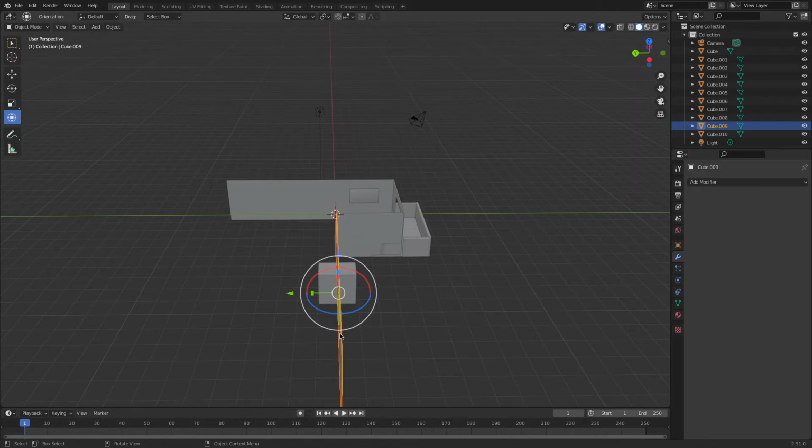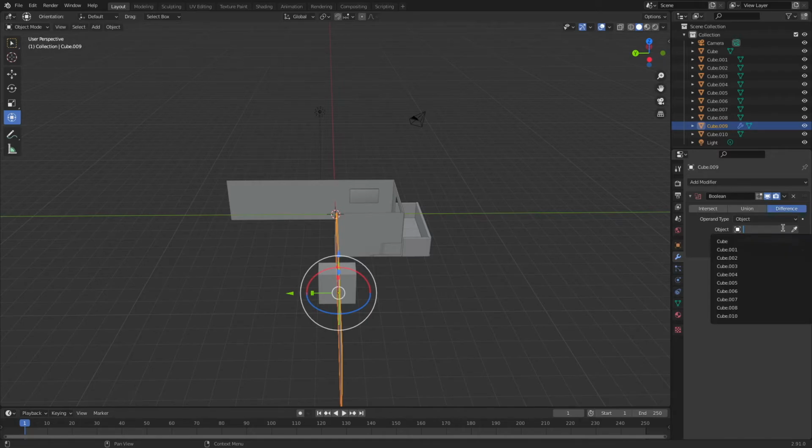So we have selected it, and we will go to add modifier and use boolean and select the object as cube 10, and